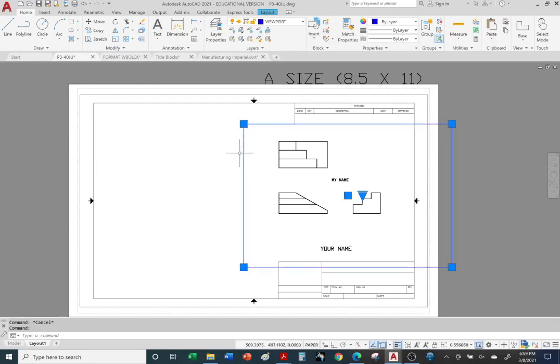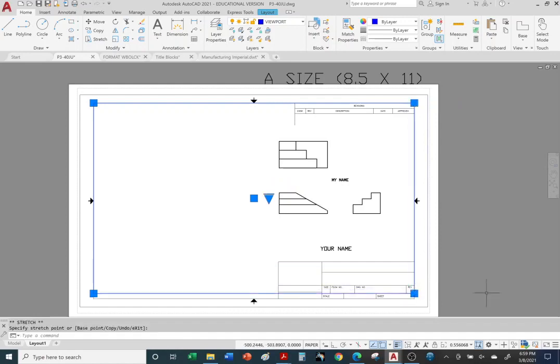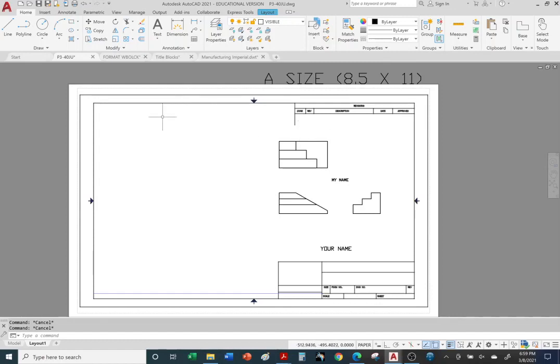And I can adjust it. So I can say, hey, I'm going to fill up the whole screen on my phone with this viewport. There it is. So you can use the grips. Okay, and I'm going to hit escape to deselect. Okay, so I can't see my viewport very well because I overlapped it with